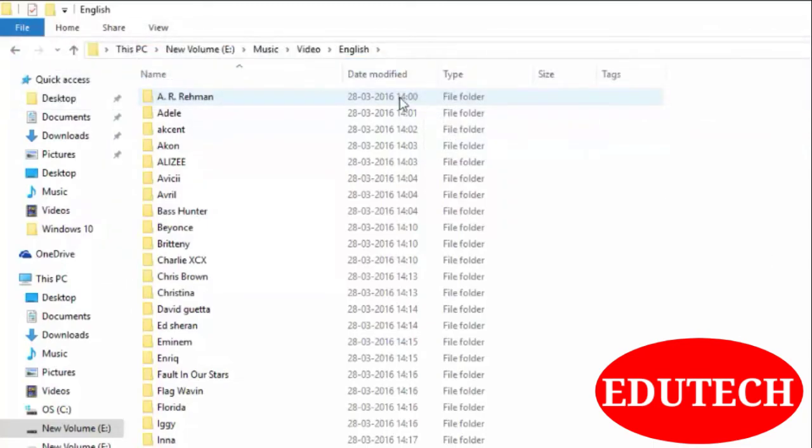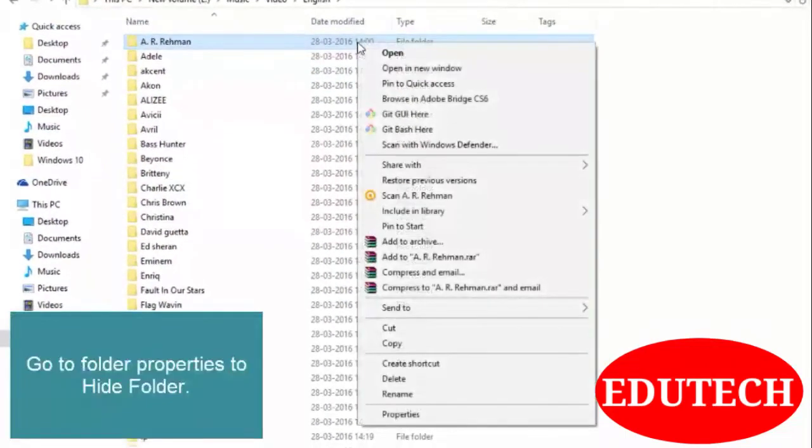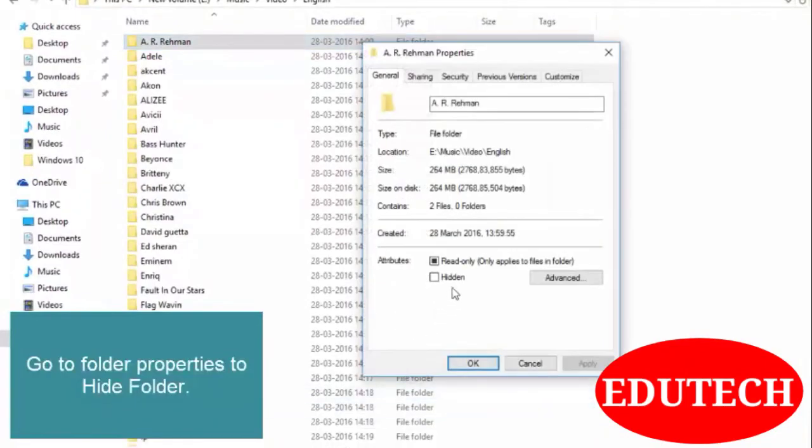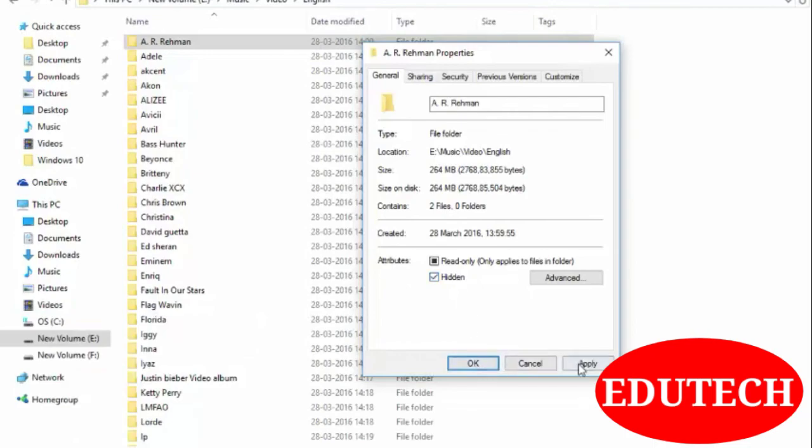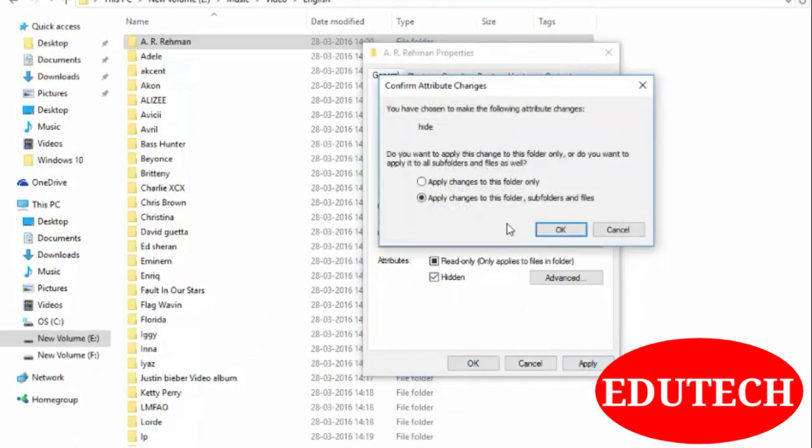Now if you want to make something hidden from someone, then you can do it by right clicking on the file, going to properties and selecting this hidden attribute and apply. It will ask you whether you want to apply changes to folder and subfolders and files.